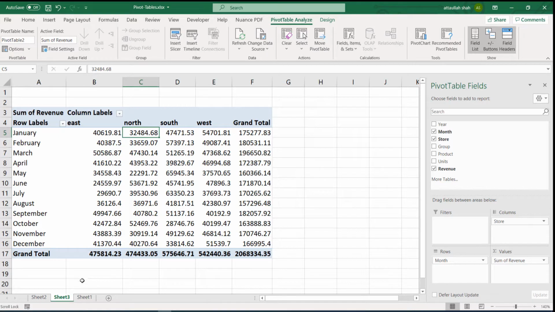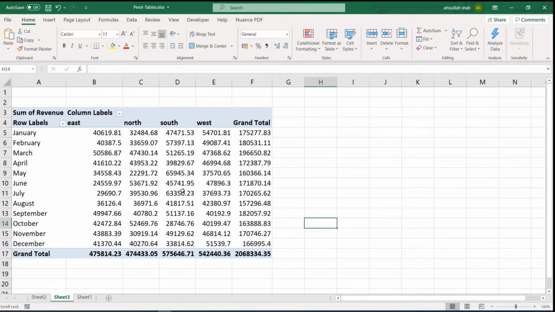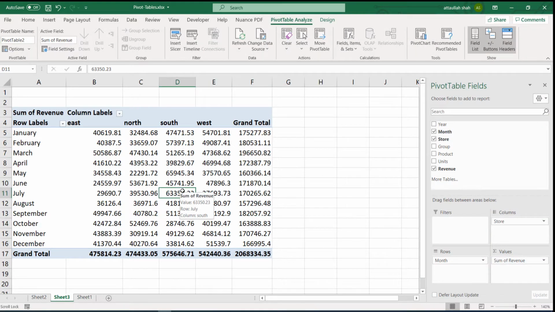Okay, we can also include a graph for all these reports that we have created. So once I click inside the report, it creates two menus at the top of the screen.